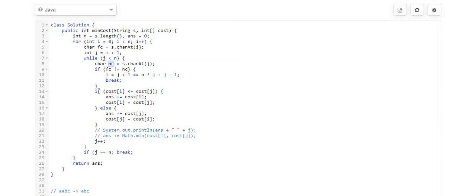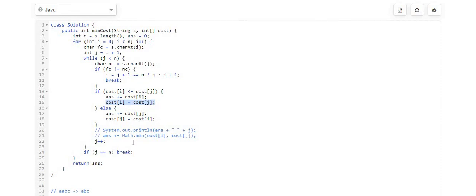So here we have a logic to pick up the cost greedily. If the ith cost is lesser than the jth cost, then I will pick up the ith cost, and at the same time I will update the cost of j to the cost of i, because now I don't have any more cost of i, because it is already consumed.